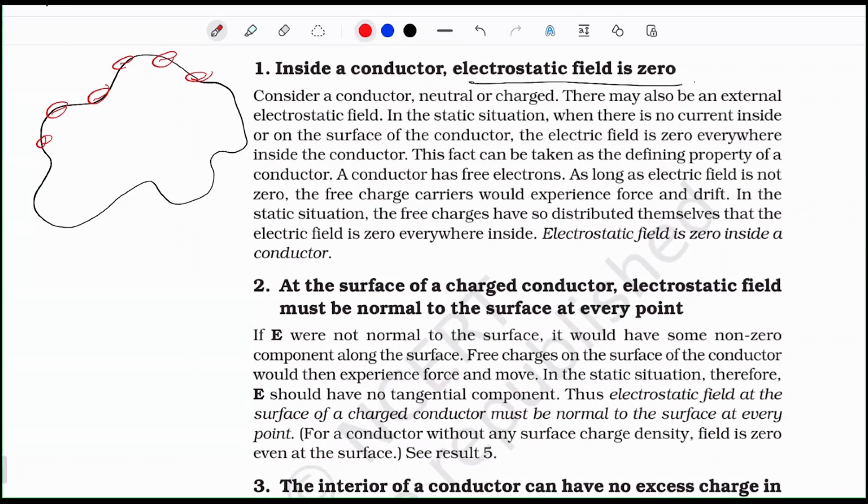As long as the electric field is not zero, the free charge carriers would experience some force, and so they drift. So the way the charge carriers distribute themselves is to make the electric field zero. Only then, since the field will be zero, none of the electrons will experience any force, and this would be an equilibrium